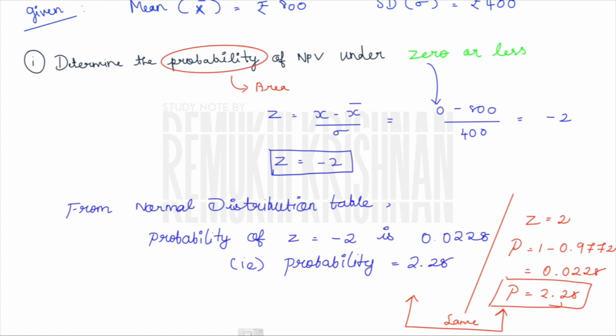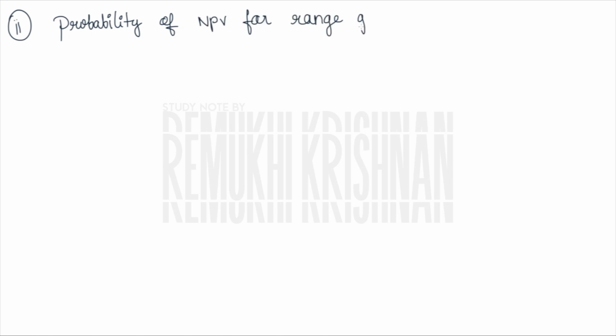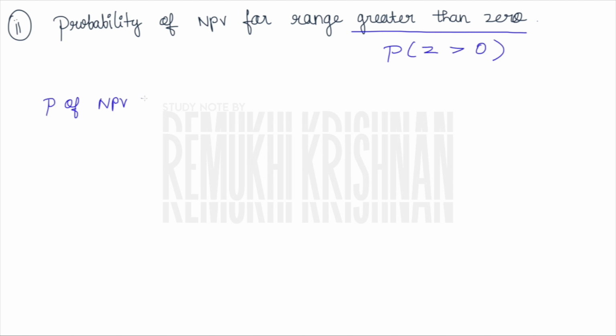So there is this concept that if probability is 1, that is if p is 1, your q is going to be 1 minus p. That is what we have found here. Okay, let us move to the next subdivision where we are going to find the probability of net present value for range greater than 0. So guys, it is nothing but opposite to that of the previous subdivision. Again, you can compute your z score, x minus x bar divided by sigma. By that you will be arriving with your value, and from there you can proceed.